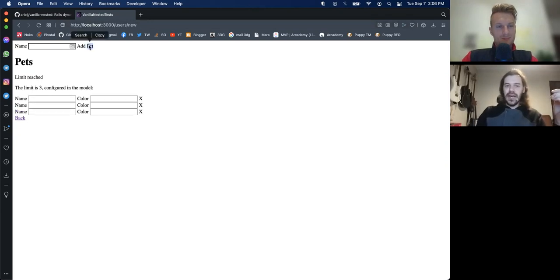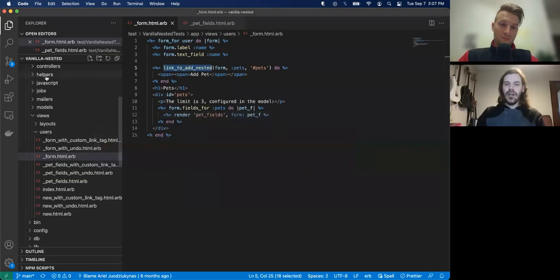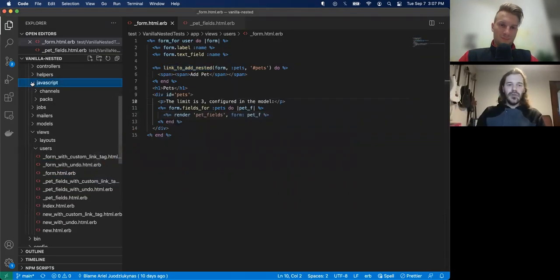So I do that, I add more things, and when I get to the limit that was set up in the model, it will trigger an event. By default, it's just triggering the event. So in this test application, I'm connected to that event to render this message. So I can show you how to connect to events so you can react and do whatever you need to, right? So if you go to your JavaScript,